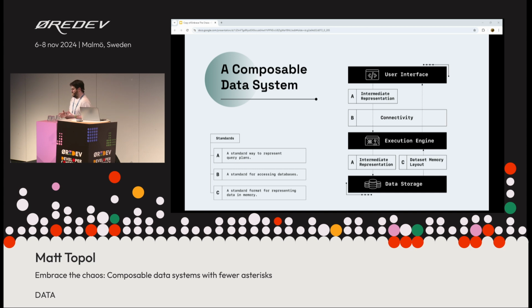You need to standardize how you access your data storage. And you need to standardize on the in-memory representation of your data. If you can standardize on these three things, then you get to compose your system out of existing modules that all use the same standards.